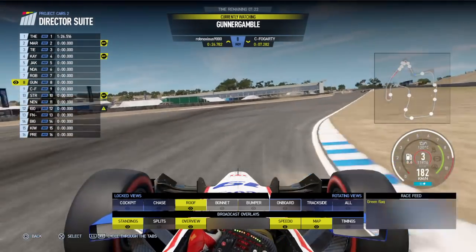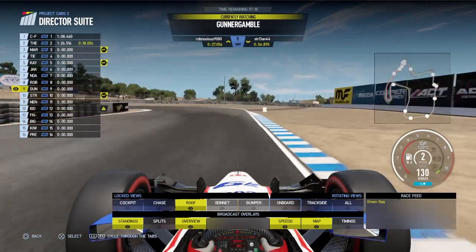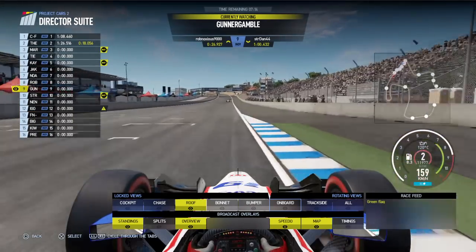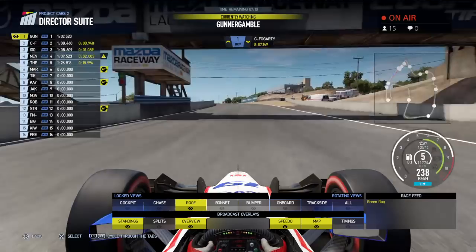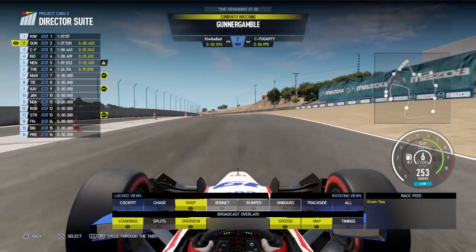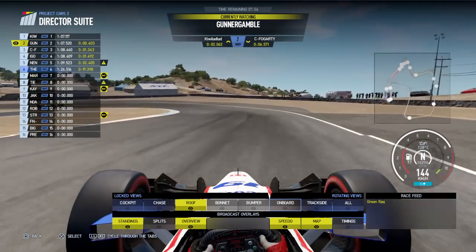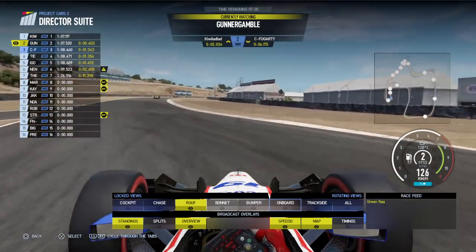Down through the final right-hander on the circuit. Deals with that nicely. He's going to want to find his braking point here. Easy to run straight on, but gets a good exit. C. Fogarty goes fastest with an 8.4, but Gunnar Gamble smashes that, and Kiwi Lad smashes it directly behind him with a 1:07.1, so this is an extremely short lap,